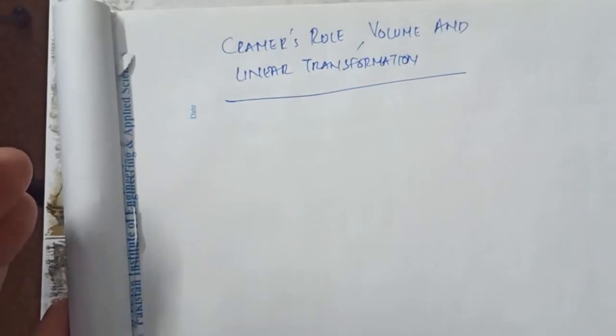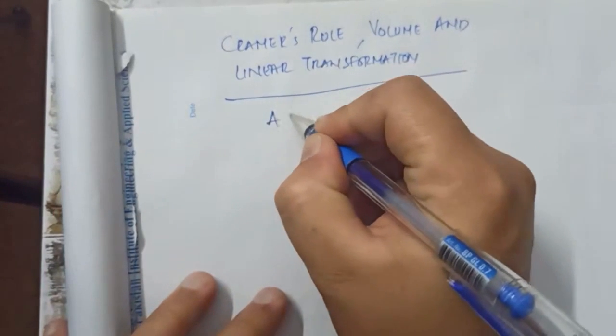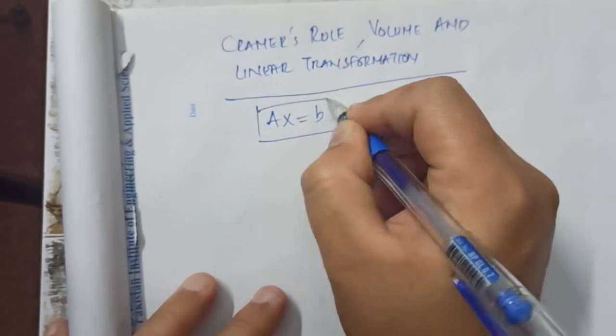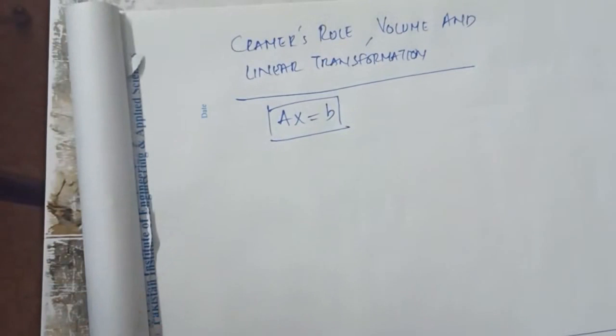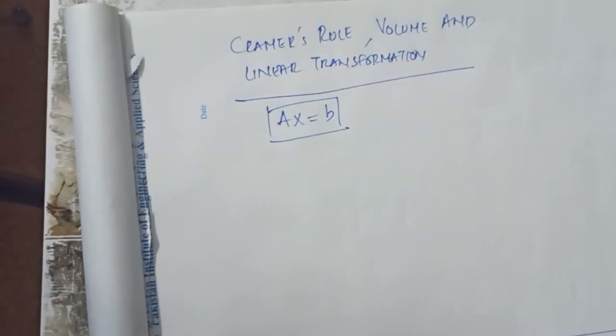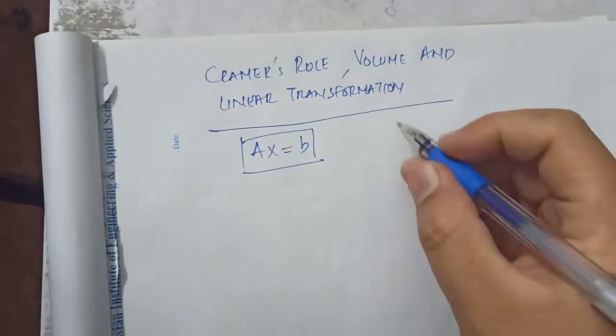For instance, we can use it to solve Ax equals b, the classical system of linear equations problem. Now, in general it is quite an old method, and it's quite useful when you are calculating